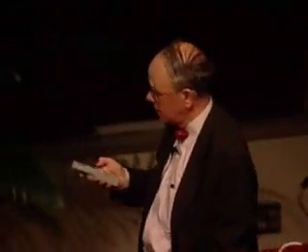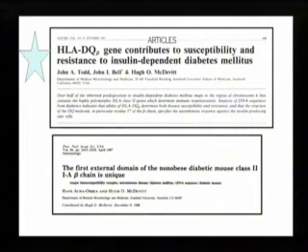So this is the classical study that McDevitt published in Nature in 1987 with Todd and John Bell, in which they related particular DQ haplotypes to the development of insulin-dependent diabetes mellitus. And this was a major issue. I think this is the best study of the autoimmune diseases insofar as the relationship between MHC and the actual